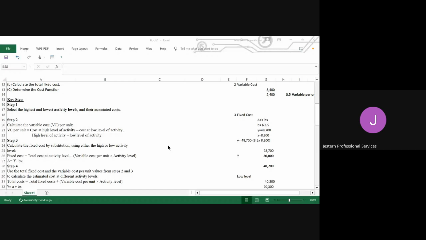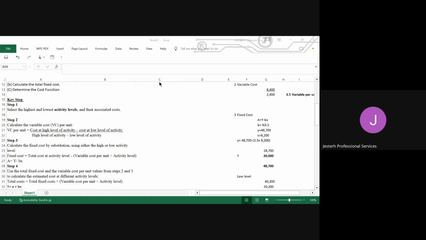Now we have talked about the high and low method. In our next class, we are going to determine how to use linear regression to determine the cost function. And I want to believe that we were able to get one or two things from today's class. And the key thing here is how the high and low method